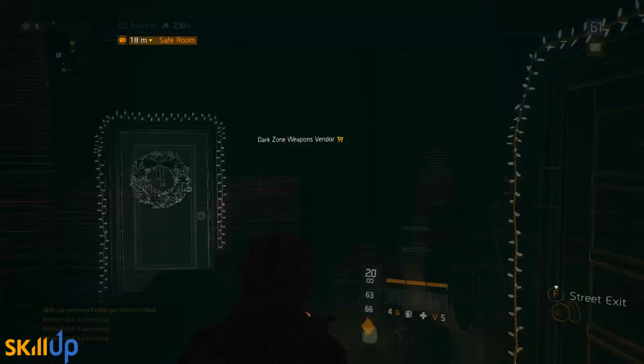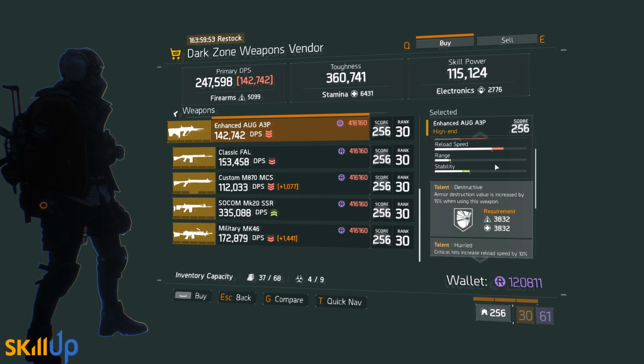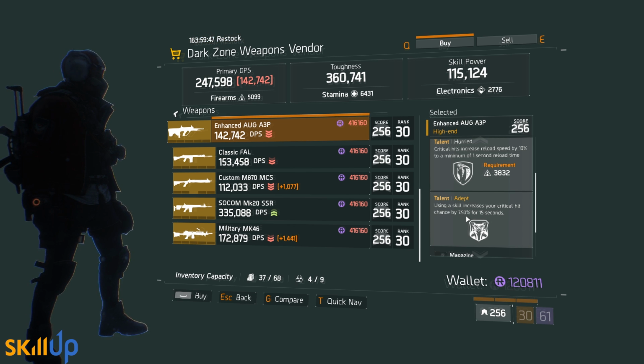The DZ3 Safehouse this week hasn't got a huge amount. He's got a really nice enhanced AUG A3P. It's got Destructive, Hurried, and Adept on it. All 3 of these work quite well. Hurried, you may want to get rid of that if you're more focused on PvP, otherwise it's really fantastic for